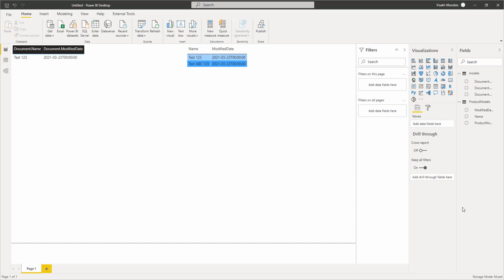Now if you want the same data to be added to your other model, you have to go and manually refresh the model so that the export model will also get refreshed and the new data will get loaded inside the Power BI cache. As you see, the refresh now brought the data to the other table as well, which is based on export storage type.